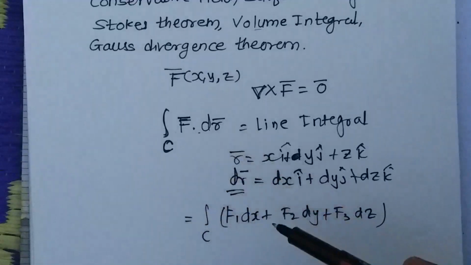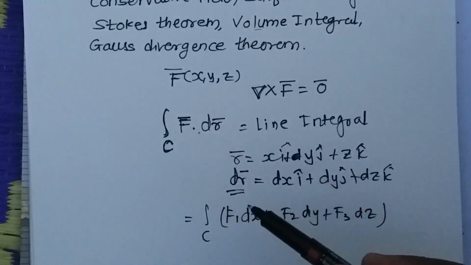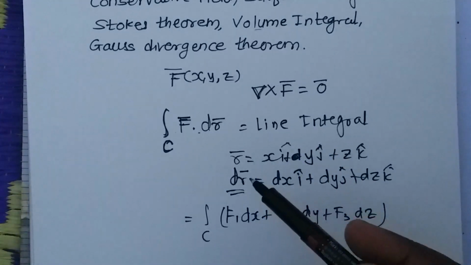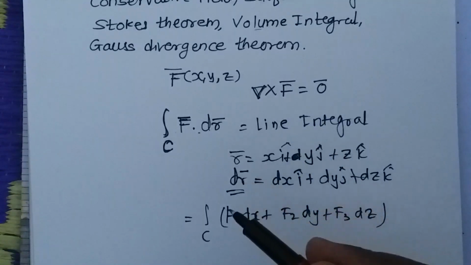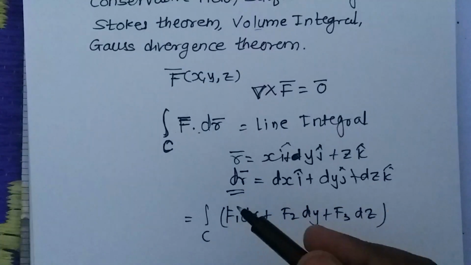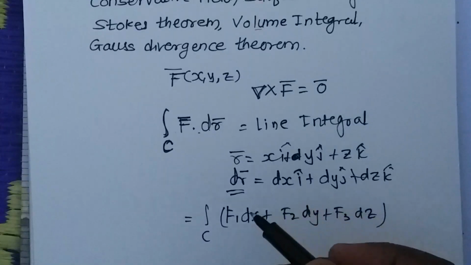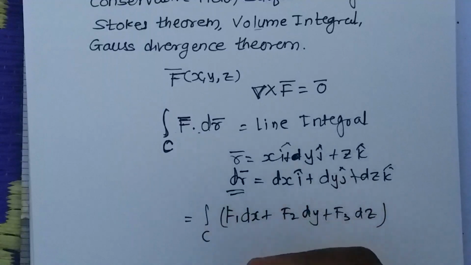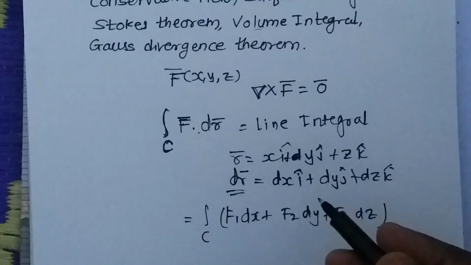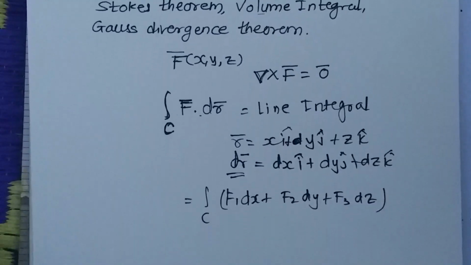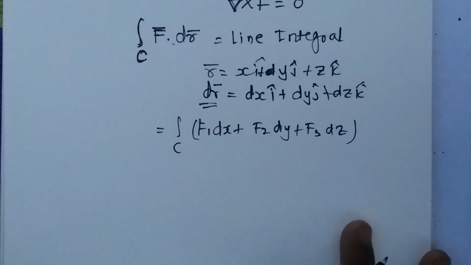Now this is the definition of line integral, and this is the general idea about how to calculate it. Definitely we are going to use transformation. It means we'll need the help of reduction formulas there, because most of the transformations contain sine and cosine terms, that is trigonometric terms, and their powers may come. We'll have limits of the type 0 to pi by 2, 0 to pi. For such limits, we have reduction formulas. So this type of integral we are going to do in the first content, line integral.